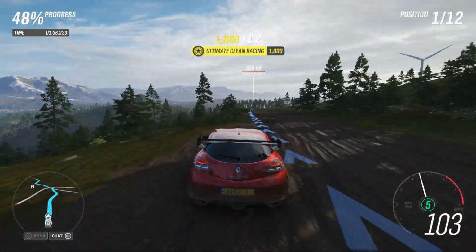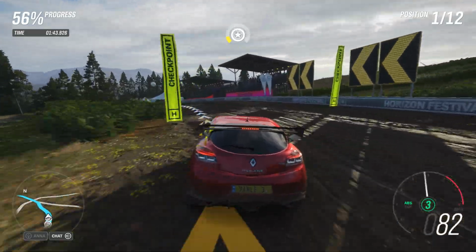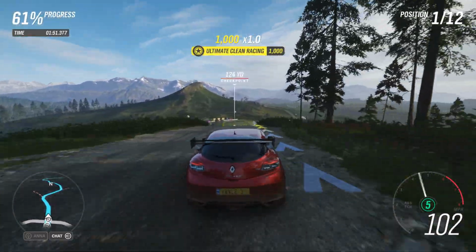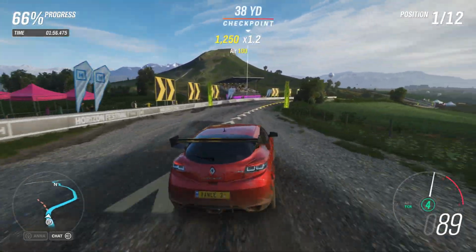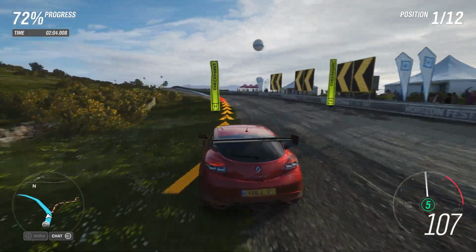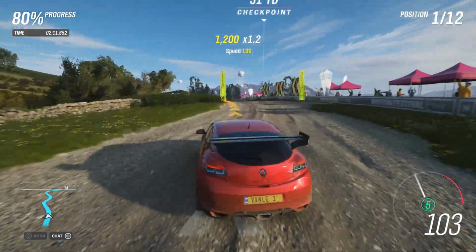Now we breeze past into first. Make sure you use this long straight to pull towards your opponents and go past them. And now you have a reasonable path down here for overtaking as well, if you haven't managed to get into first yet, because this is relatively easy to drive and you are at reasonably high speeds,